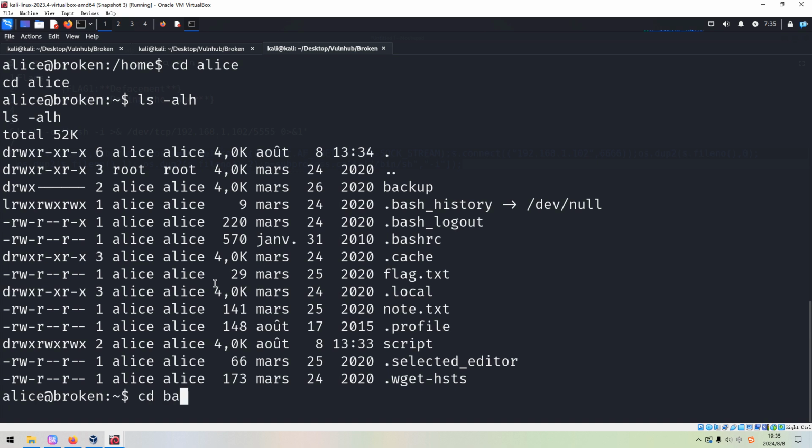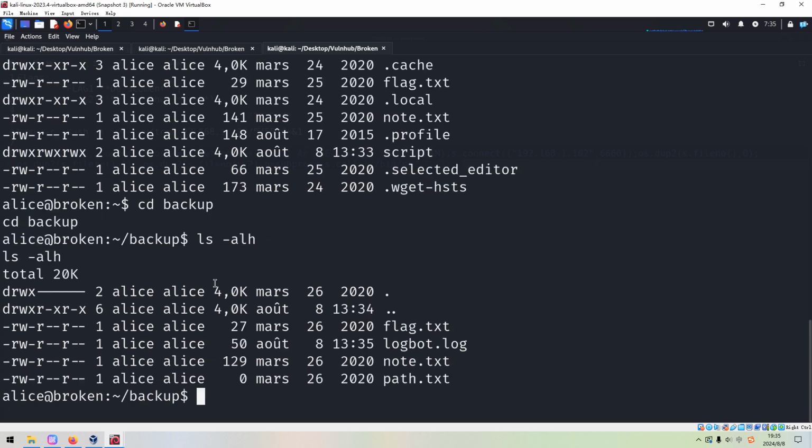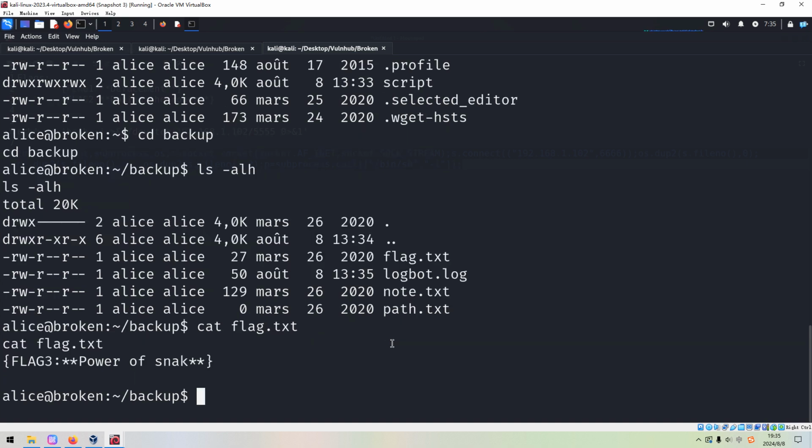So the backup. I think we have already got this flag, right? Cat the flag. Oh, this should be the third flag. So easy, right?